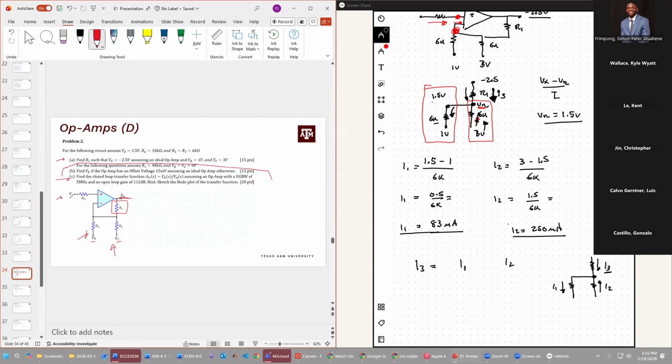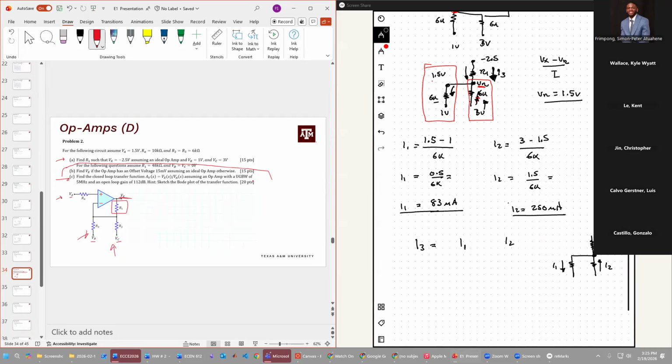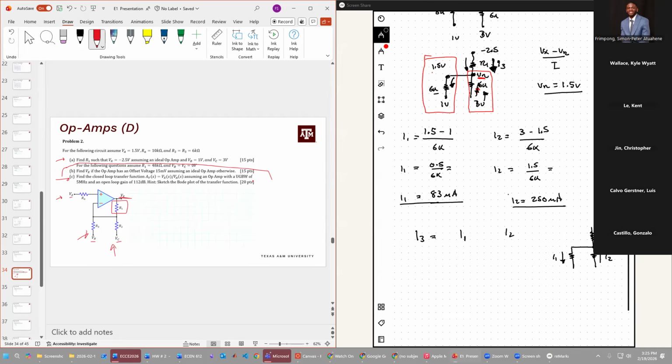So when we're thinking about currents flowing into a node, right? I3,